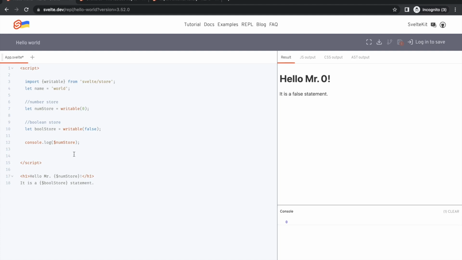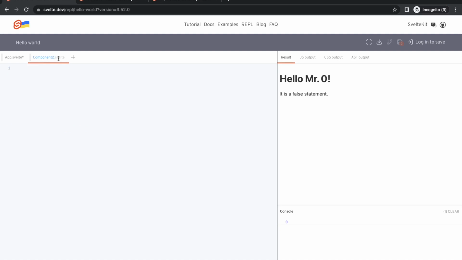So why even use stores? That is the major question, right? From what little experience I have with Svelte, basically stores help you when you want a variable that you would like to access from multiple components. Store is your go-to place, right? So let's say I make this